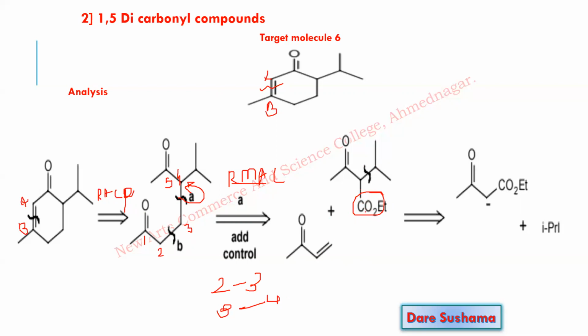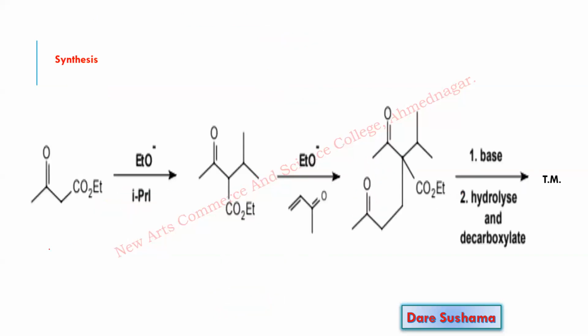Now the next one is what? Now this is 1, 2, 3. It is a 1,3 relation, but instead of disconnecting between these three, either here or here, what you have to disconnect is the alpha alkylation. So you disconnect this bond in the direction of the alpha carbon. So after disconnection of this, it gives you ethyl acetoacetate plus isopropylium cation, and there you write down the leaving group. So isopropyl halide.